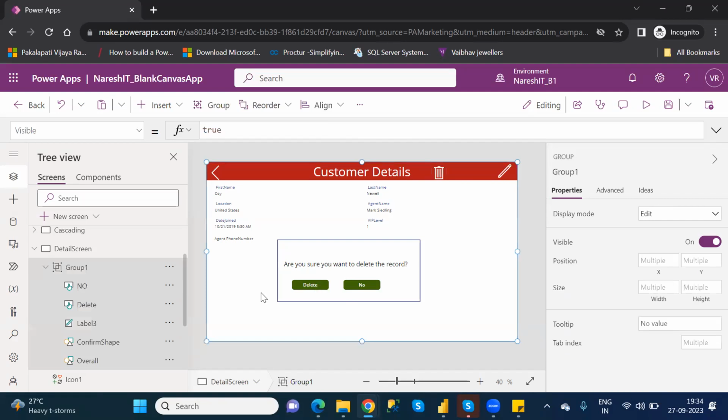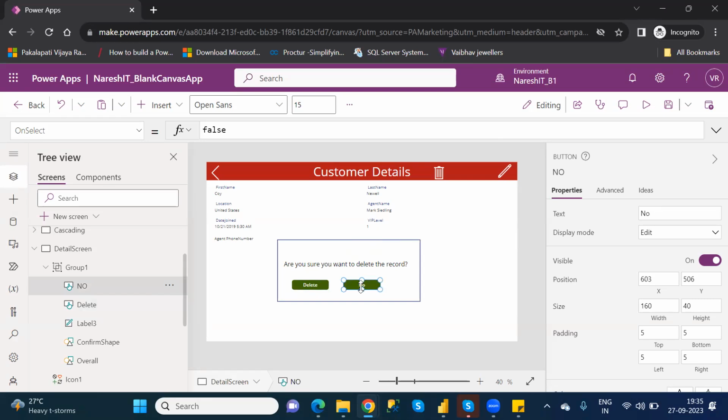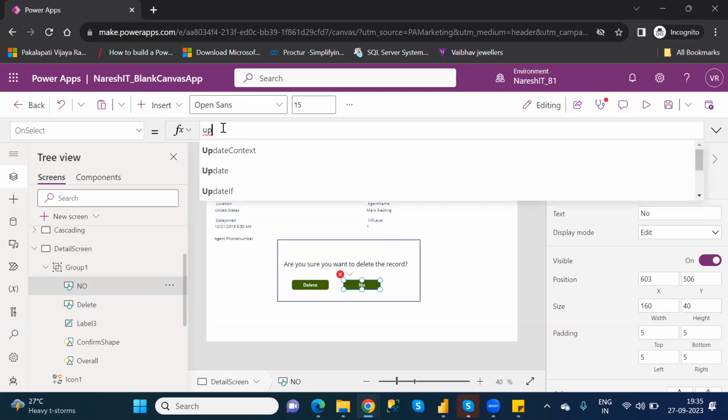Inside of this delete button, I need to set it as false, because I don't want to close it. Understand clearly? Now for this particular button, what you need to set, see here, is again update context.